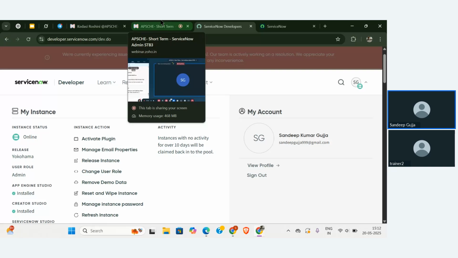In that case, I can reset and wipe it. I can just remove that account and get the same account with different credentials. That means the password will be changed, that's it. Whatever configurations and data I have added in this instance will also be removed.